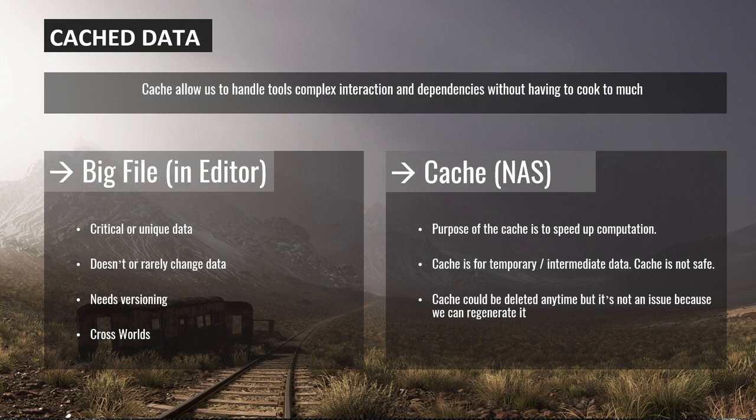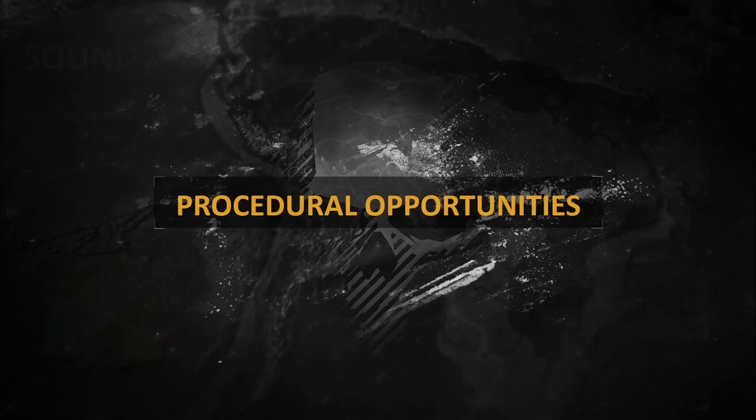And of course, whatever is in the big file and editor as part of the game runs into backed up data with source control, submit and versioning and everything. It's not the same for the cache, because whatever goes in the cache, we are supposed to be able to regenerate it as much as we need. So even if we crash the NAS or everything, we might lose 1 day of rebuilding the full database, but that's it. It doesn't worth versioning it.